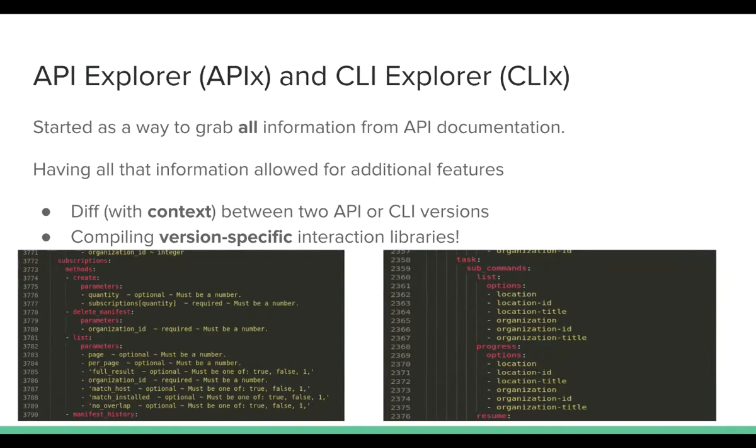This was actually a common theme between satellite 634 and 640, which will be going out the door hopefully within the next couple of weeks, is that they added a bunch of location and organization parameters to our commands. So traditionally, if we wanted to add all those into our interaction libraries, we'd have to hand code them and make those changes to,